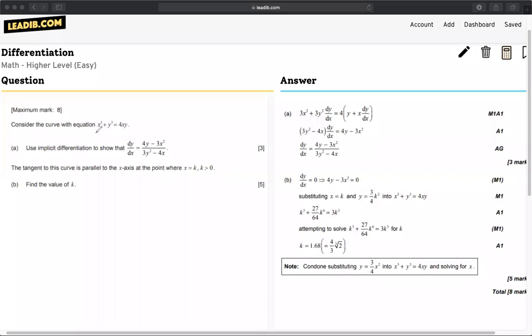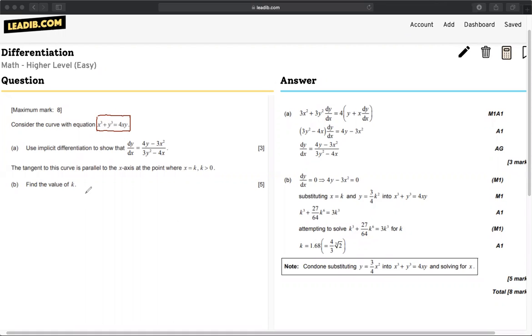This is a question on implicit differentiation. We have one equation given, that is the equation of the curve. And the first question is fairly simple. You want to find dy by dx from this equation. So all we have to do is differentiate by d by dx on both sides. So I will do that.